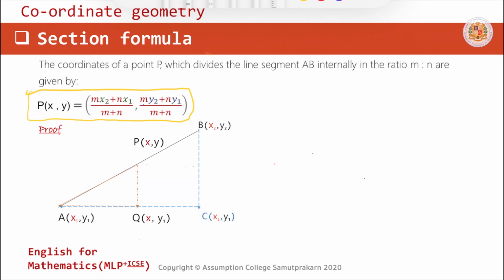The section formula: because we're talking about section, this point P here will divide the line segment joining A and B into 2 sections, where the ratio of the 2 sections is m to n. So I might write m here, n there. To prove that the point P is equal to mx2 plus nx1 divided by m plus n, and then my2 plus ny1 divided by m plus n,